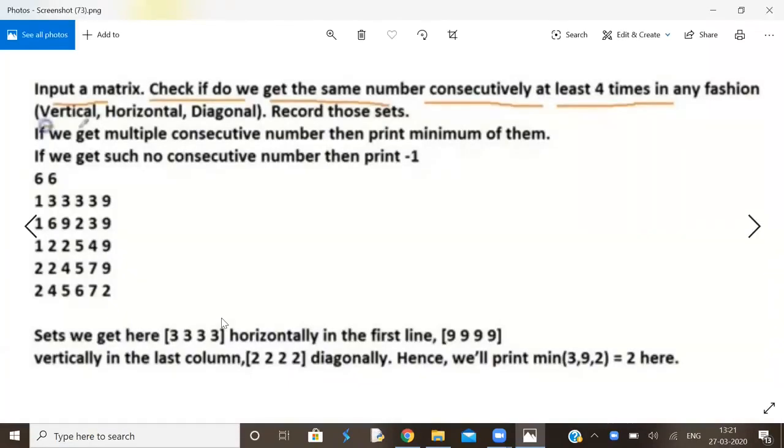Welcome back. We are going to discuss a very interesting and important problem. I will read out the statement for you. Input a matrix, 6, 1, 2, 3, 4, 5. Say not 6, say 5 rows and